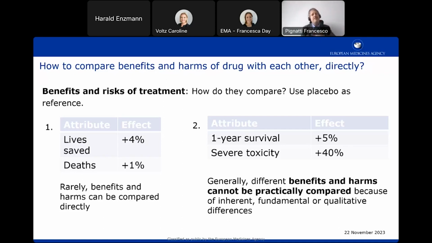So that's relatively easy. But that's the absolute minority, and generally in oncology, it never happens to have such simple effects. What you have more often is efficacy endpoints and toxicity endpoints. For example, again, an ultra simplification would be to look at just two endpoints: 1 year survival, an improved survival probability of 5%, and a severe toxicity cumulative incidence increase by 40%. Now you have two numbers, but you can't compare them because, well, how much is one worth against the other? So that's the challenge with the